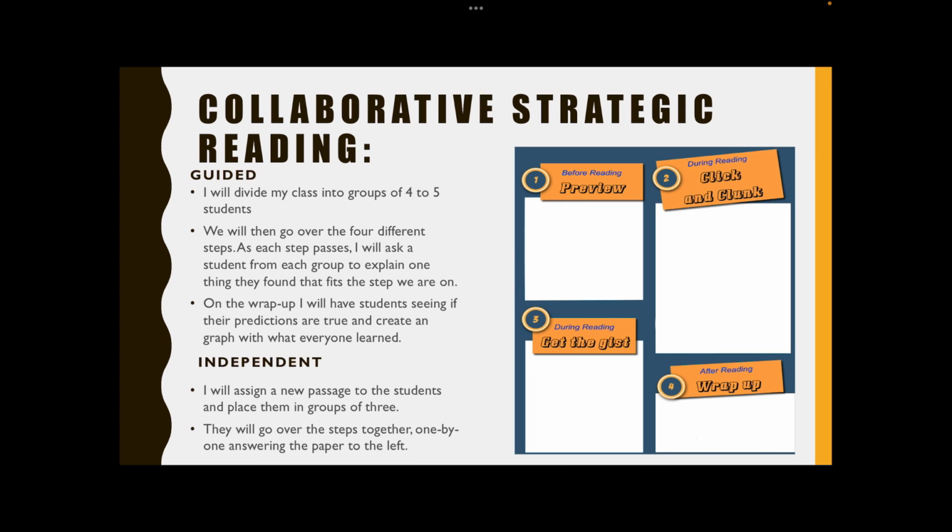And so I will give them another piece of the passage from the Albert Einstein passage, and I will have them collectively decide what their steps are going to be, what the preview, what the clicks and clunks are, what the gist is, and the wrap up. And when all of this happens, once they all got it settled within their group, I will ask the class as a whole